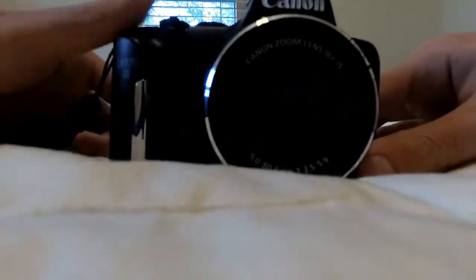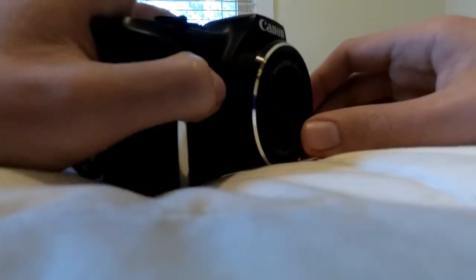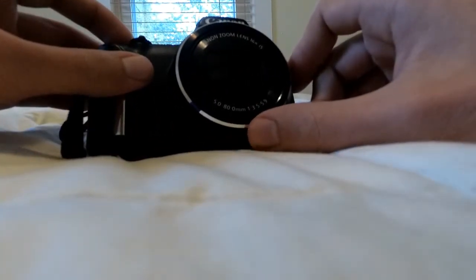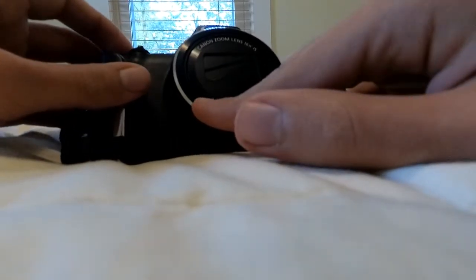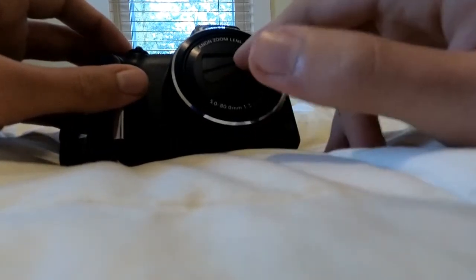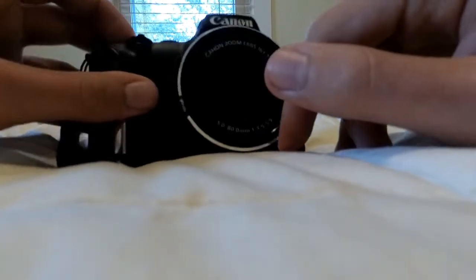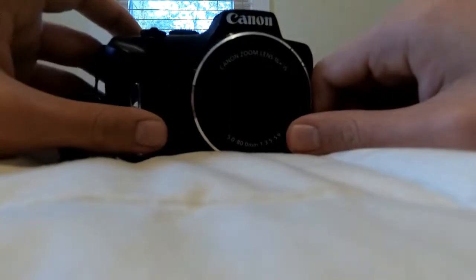Going over the physical features, you have a big old lens that sticks quite a ways out from the front of the camera. It gives this a look kind of like a DSLR with a 50mm lens on it, which I kind of like. And because this is a 5 to 80mm 16 times optical zoom lens, it does have image stabilization, and that is pretty important to keep this long zoom stable